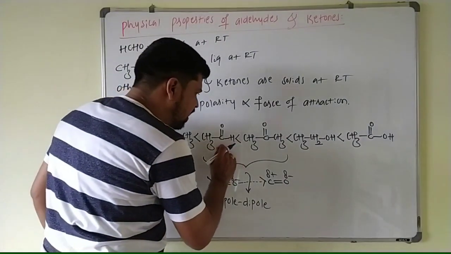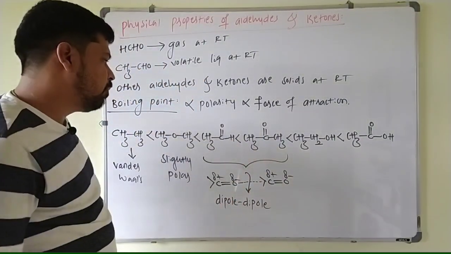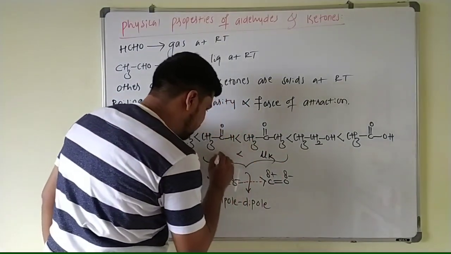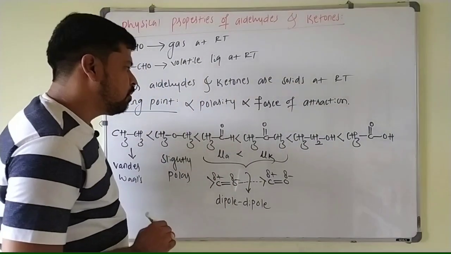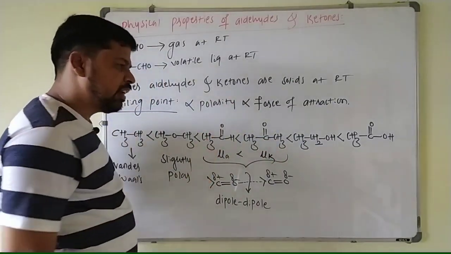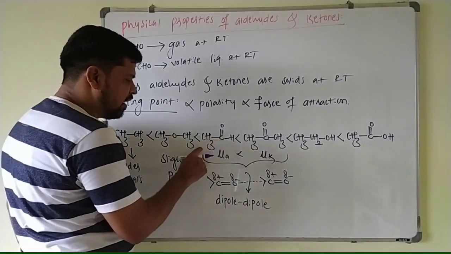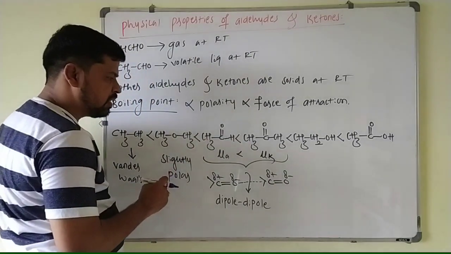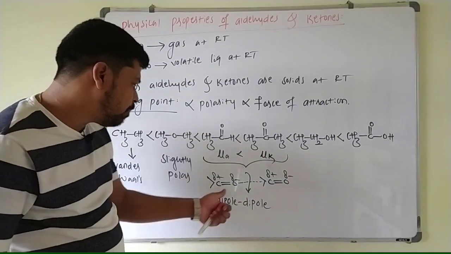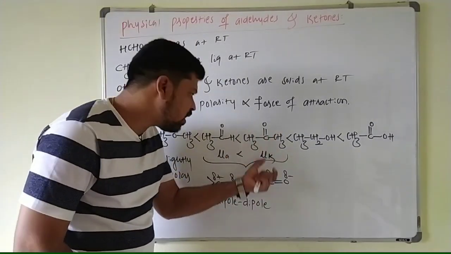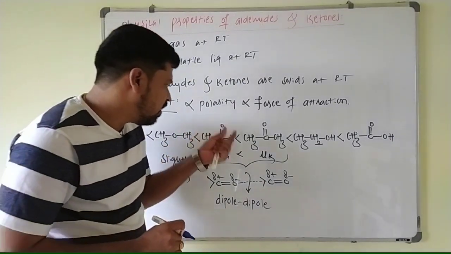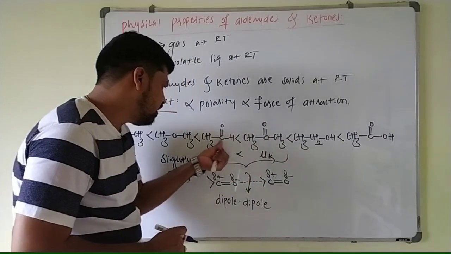Again, in the aldehydes and ketones, the ketones have higher boiling point because the dipole moment of the ketone is more than the dipole moment of the aldehyde. Due to electron releasing nature of two alkyl groups, the dipole moment of the ketone increases as compared to the aldehyde. In case of aldehyde, only one electron releasing group is there, so the dipole moment of aldehyde is less than the ketone. That's why the dipole-dipole interaction in case of ketone is stronger than in the aldehydes here. So the boiling point of ketones is higher than that of what?